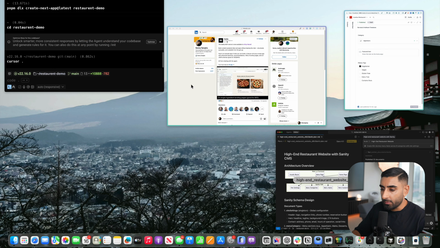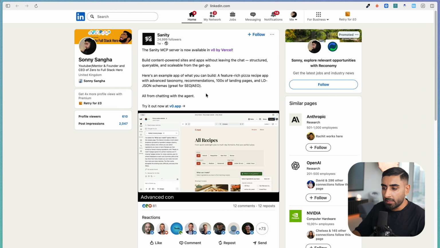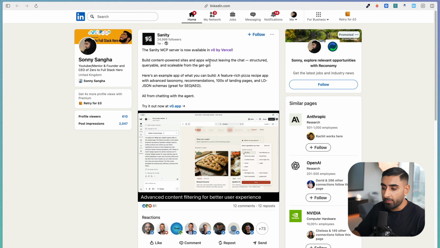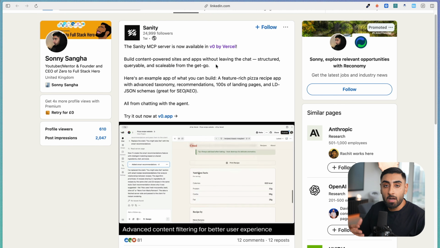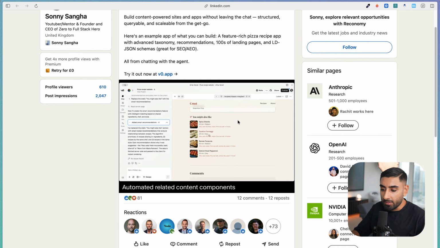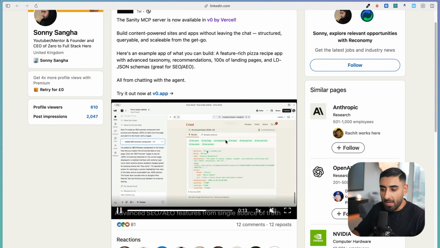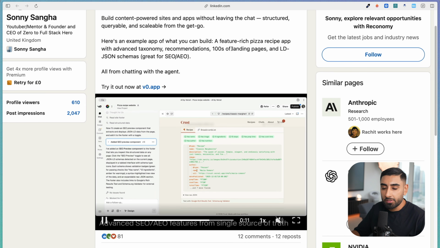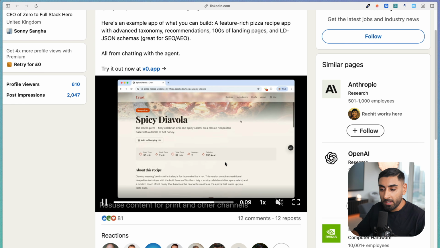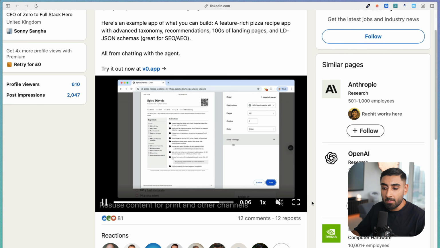And while that's happening, I want to show you, if you head over to LinkedIn, you can actually see on Sanity's profile, they just dropped a really nice post about what the MCP servers are capable of. So they've got a really nice example about it, like in this case, a feature-rich pizza recipe app where it has advanced taxonomy, recommendation, hundreds of different landing pages and so forth. And it was able to build all of this by just using the MCP server and by chatting with an